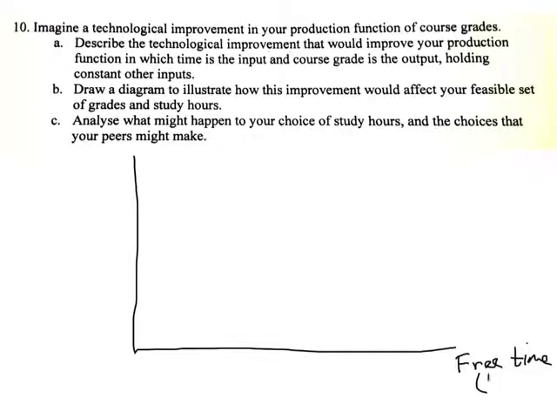I've often wanted to do that, but it's not within my power. And so the most somebody could spend on free time is 24, doing other things besides studying is what we mean there.